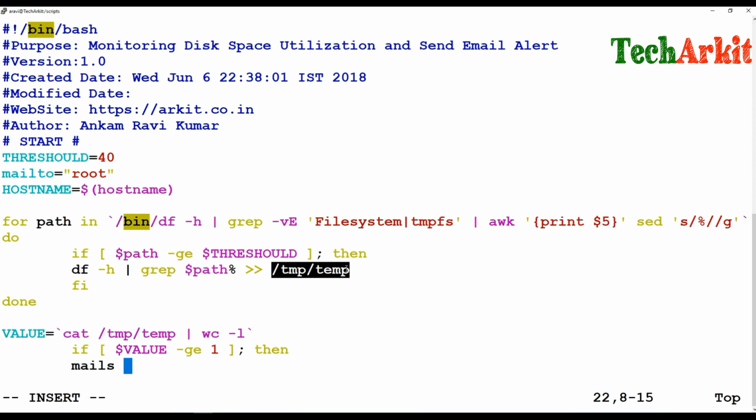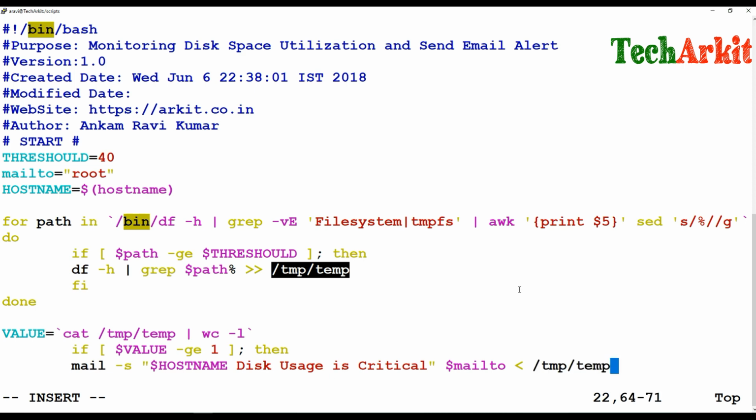Okay, email: mail -s. In the subject I'm going to specify the host name, okay, disk usage is critical. Then I'm going to say mail to, so this variable I am calling over here, mail to, and I am sending this file output in the mail body.